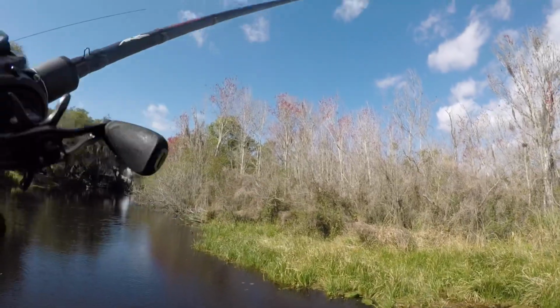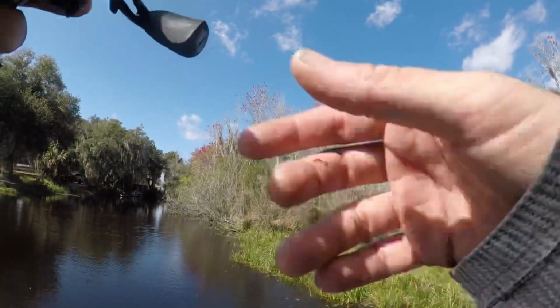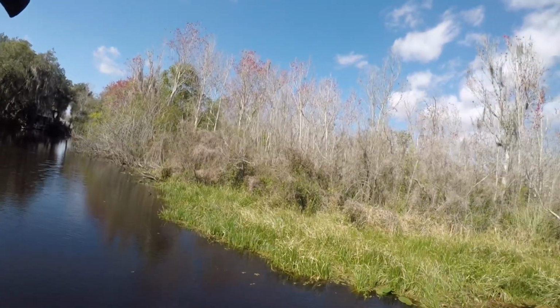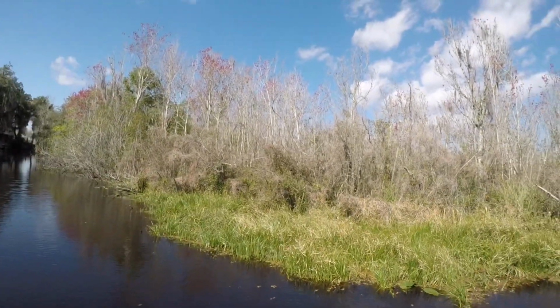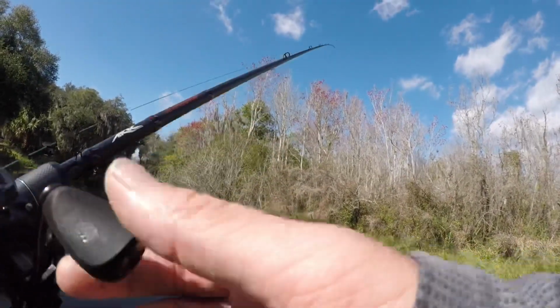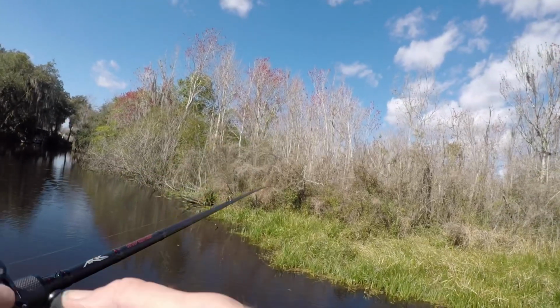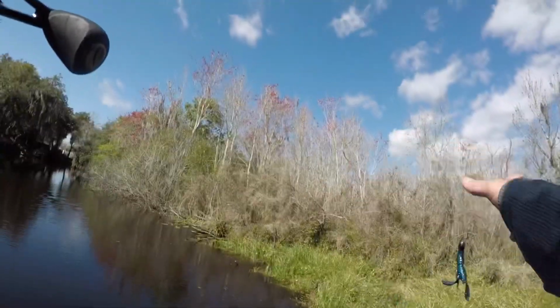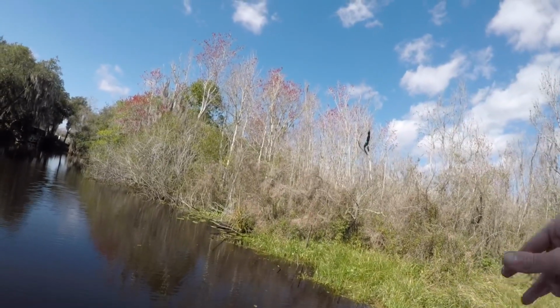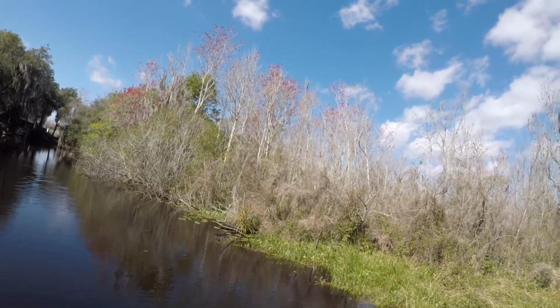Found some really good grass, about the same depth I caught those earlier, really green grass that was alive, and I was fishing with the rattle trap, jerkbait, a couple different options there, and couldn't get any takers. And the wind has really kicked up on the main lake. I'm talking, it's whitecapping out there, and it's really getting blown all over the place. So for a couple hours I struggled with it